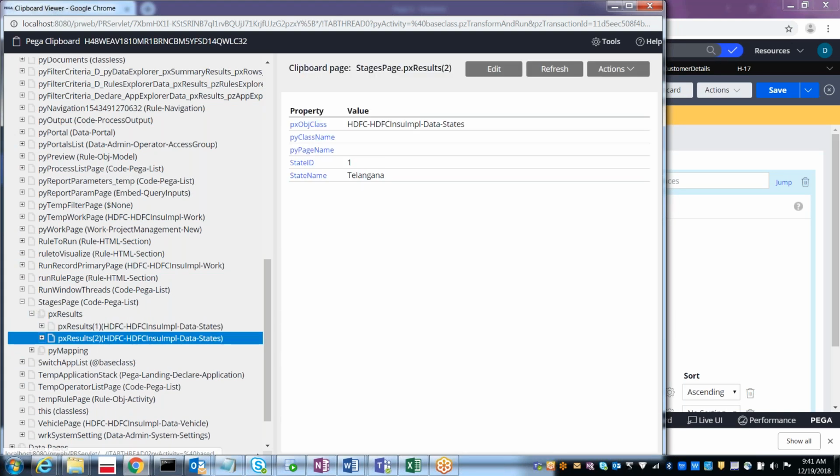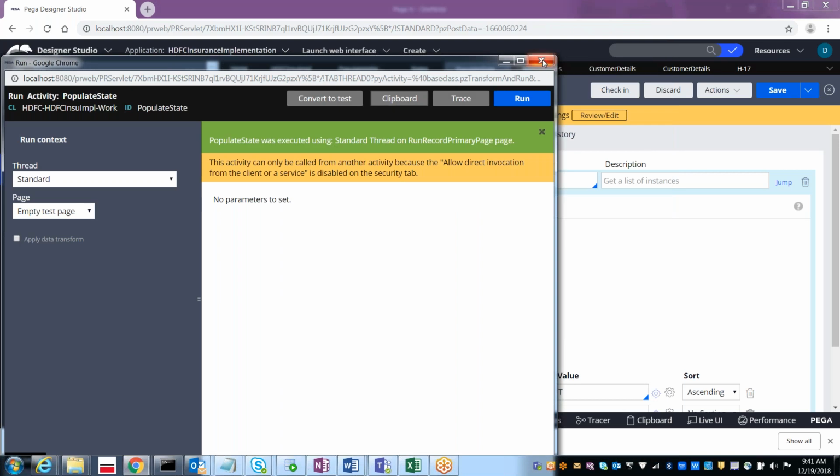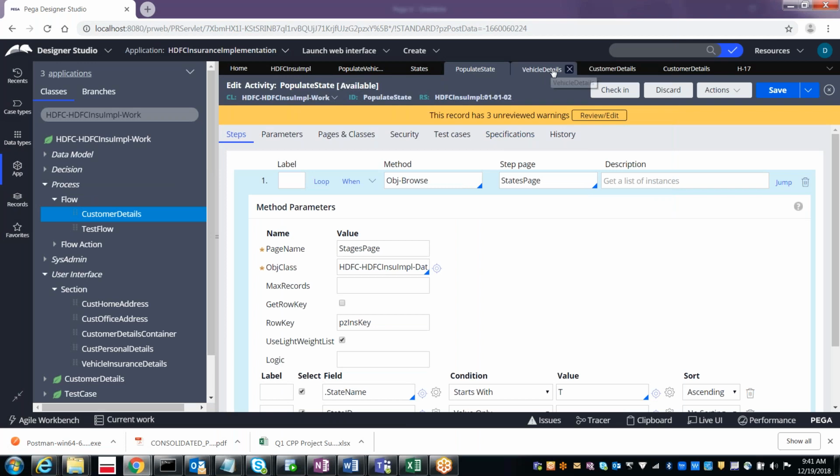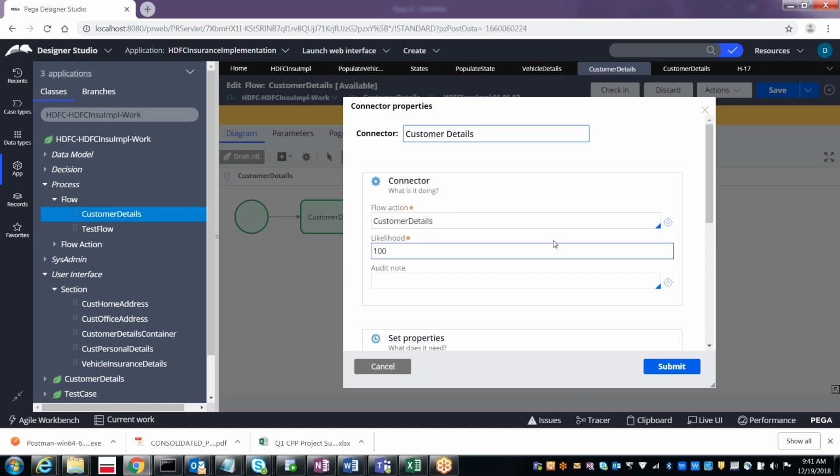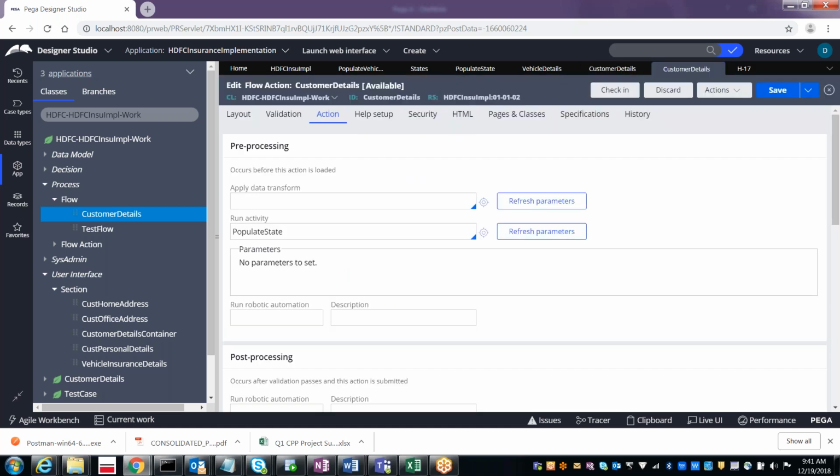It is working fine independently, but when you call it from the flow, customer details, another customer details, actions, populate state, correct. Then why is it not picking up?